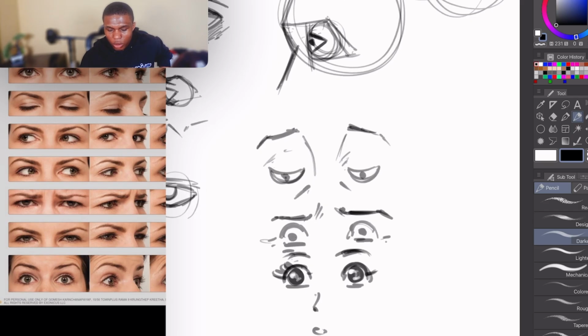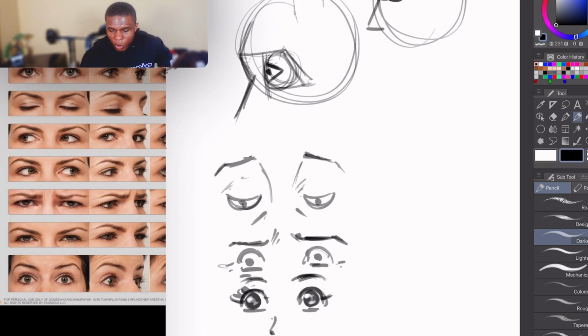And once you do this over and over again, you're going to figure out your art style and the reductions you like making. Because there are some art styles that you're going to see. They just draw the upper lids, and you see this in cartoons. They just draw the upper lids and then they draw the irises of the characters, right? Or sometimes they could draw the upper and lower lids,